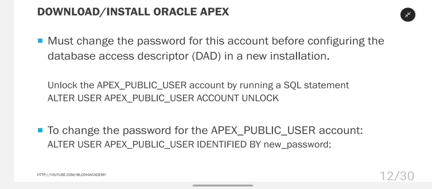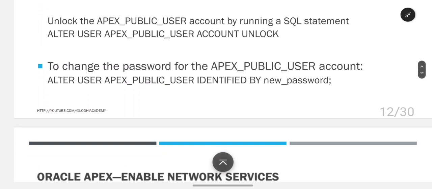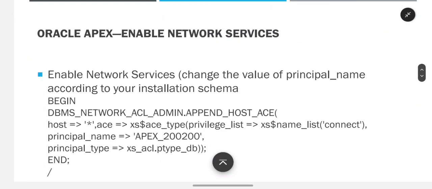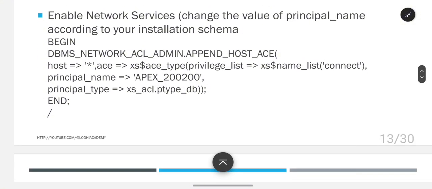new installation. Unlock the apex public user account by running a SQL statement: alter user apex_public_user account unlock. To change the password for the apex public user account: alter user apex_public_user identified by new password. Enable network services, change the value of principal name according to your installation schema. This is to add apex in ACL, so ACL will allow apex to communicate on the specific ports with the